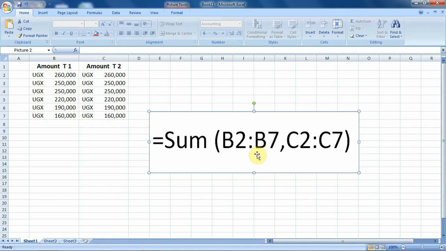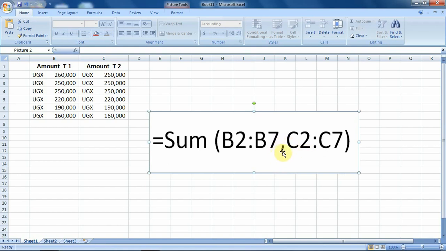So in this example, since we are looking at a function having two arguments, this becomes our first argument, this cell B2 to B7. Then if there are two arguments in a function, those arguments are separated by a comma. That's why we see this comma here.